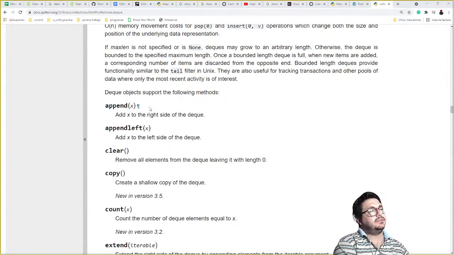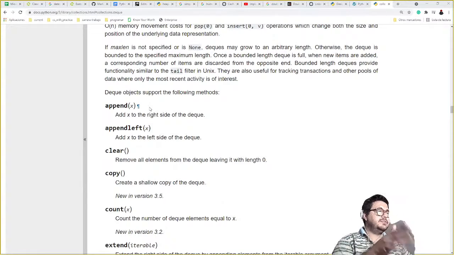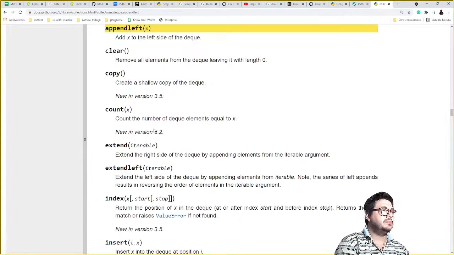To the right side, to the left side, appendleft and popleft. I need that appendleft and popleft.